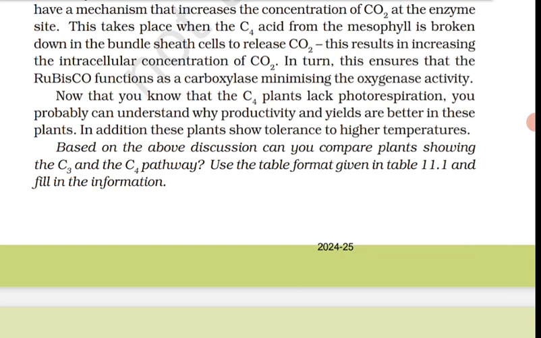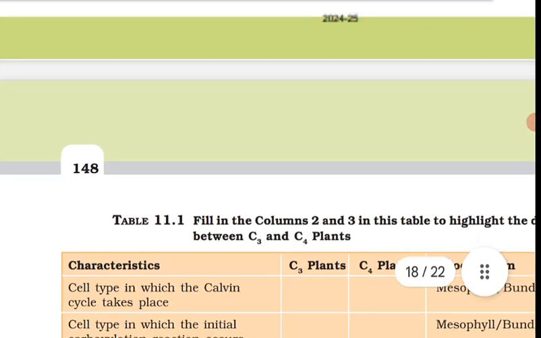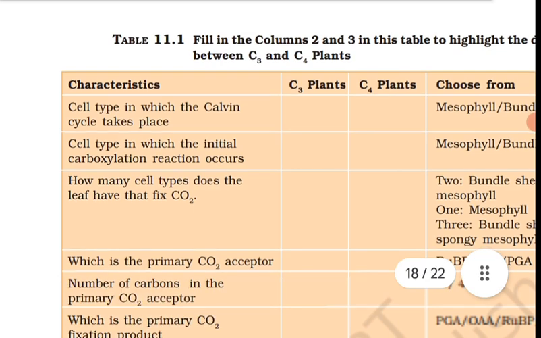वेदर फोटो रेस्पिरेशन इज प्रेजेंट एट हाई लाइट इंटेंसिटी, में भी हाई होता है C3 प्लांट में, और C4 प्लांट्स में नेग्लिजिबल। वेदर फोटो रेस्पिरेशन वुड बी प्रेजेंट एट लो CO2 कंसेंट्रेशन, हाई होता है C3 में, बाकी नेग्लिजिबल होता है C4 में, होता ही नहीं फोटो रेस्पिरेशन। वेदर फोटो रेस्पिरेशन वुड बी प्रेजेंट एट हाई CO2 कंसेंट्रेशन, हाई होता है C3 प्लांट्स में और नेग्लिजिबल होता है C4 प्लांट्स में।